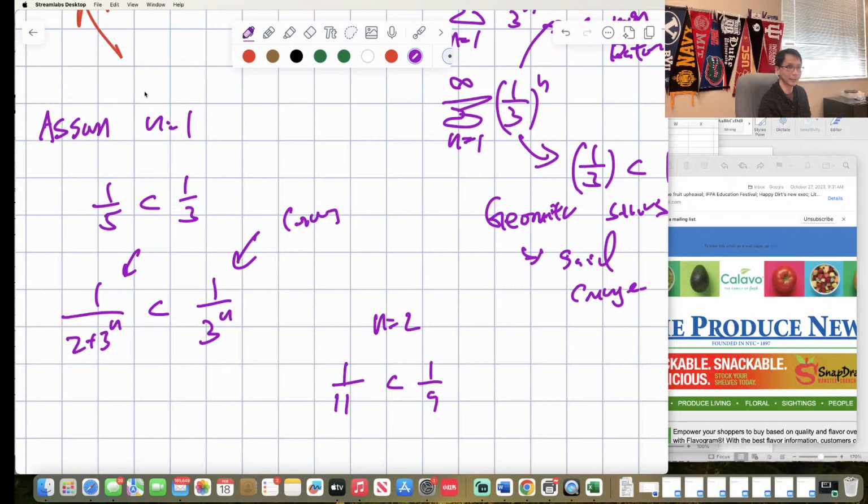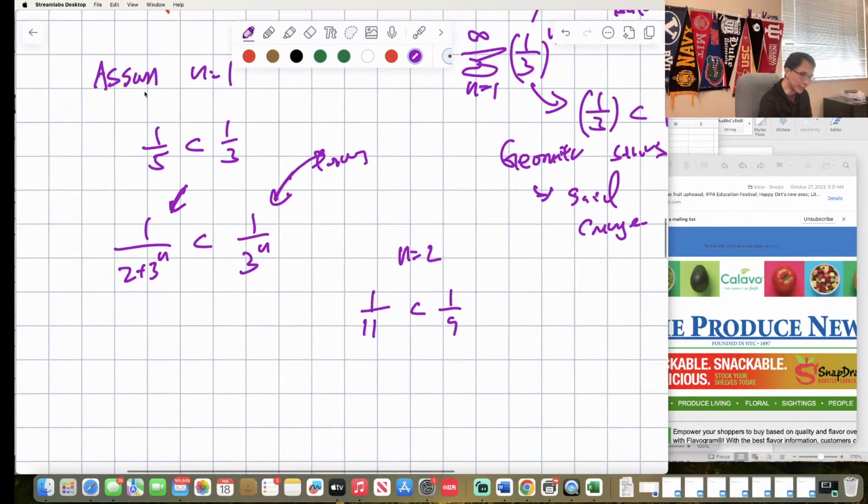Okay. So if this converges, the summation n equal to 1 to infinity of 1 over